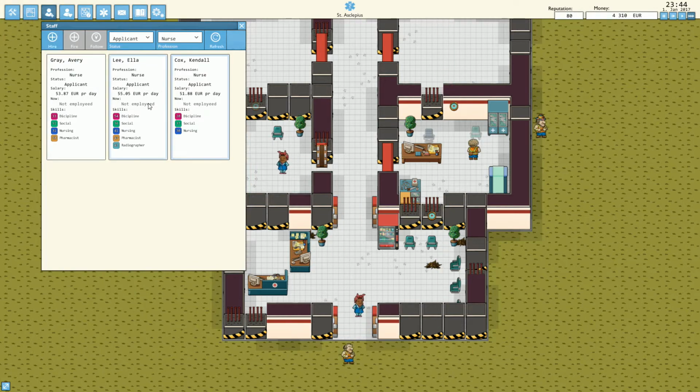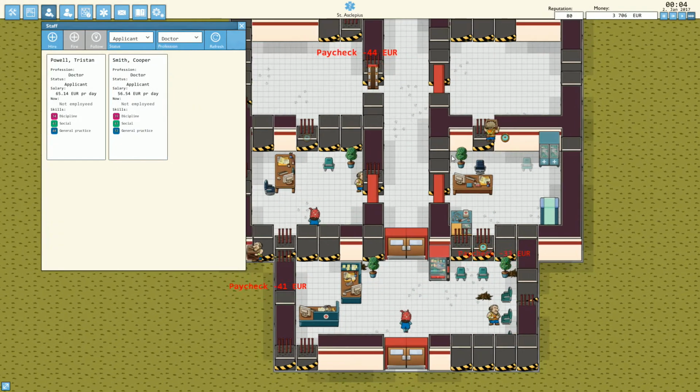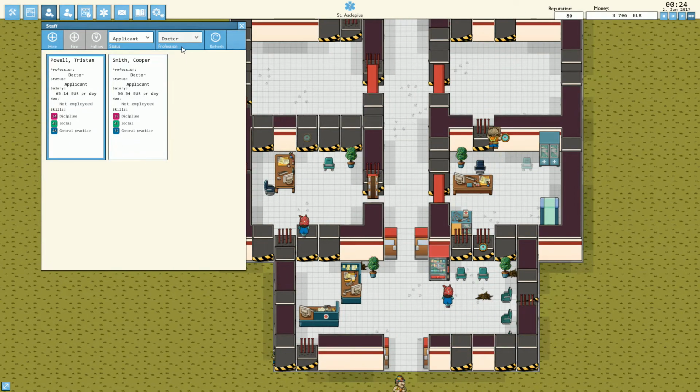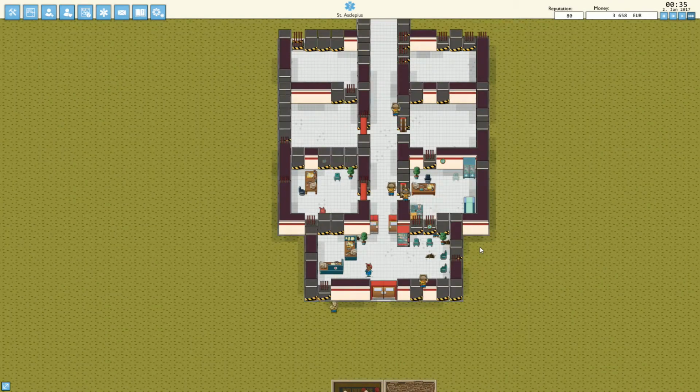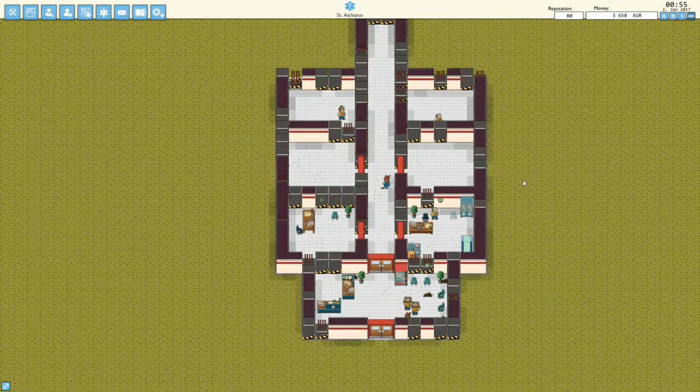What do you think, internet? And you? And let's take another doctor, because I know that this and this both need a doctor. So let's hire it like that. See, all's well. Now we are extremely low